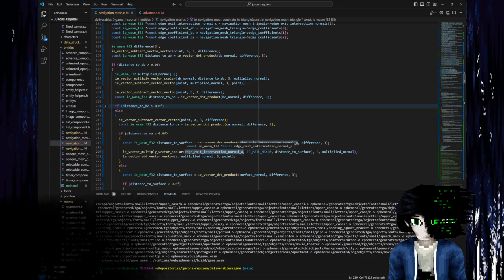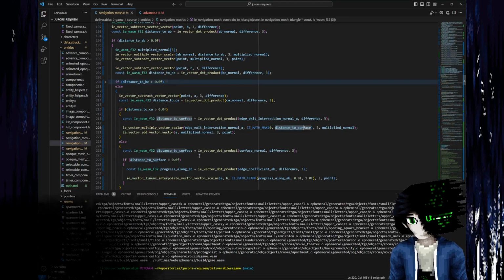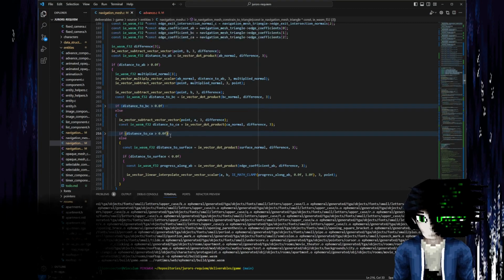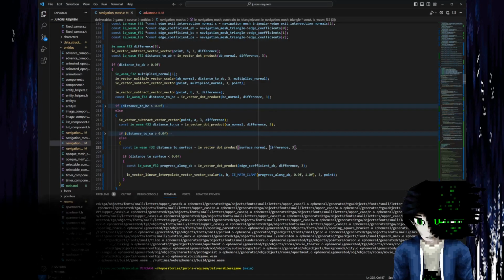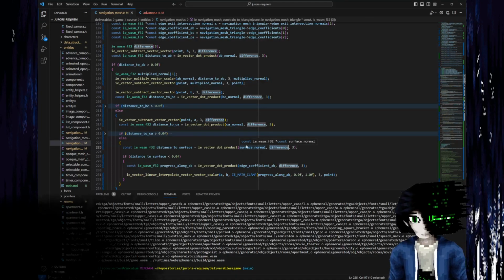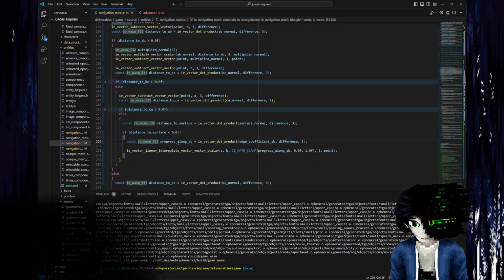Yeah, that looks right. Otherwise, so that looks right. Fold that one up. We are getting the distance to the surface from, where are we here? From point B. And if the progress along AB is